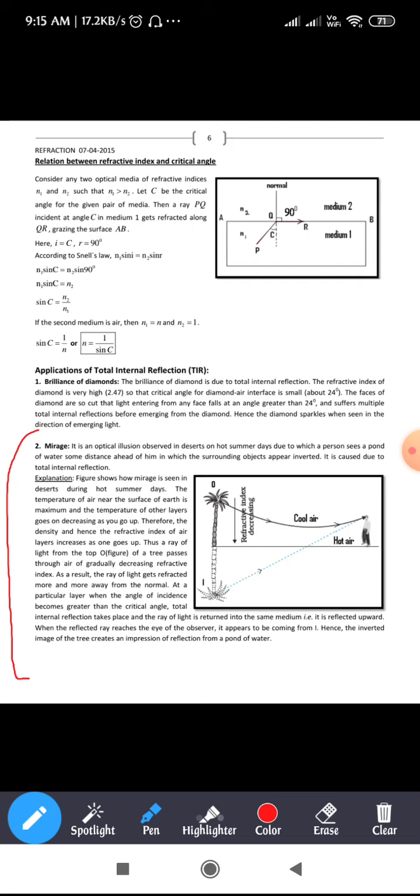So next, the explanation. Let us see how this mirage takes place. Mirage is found